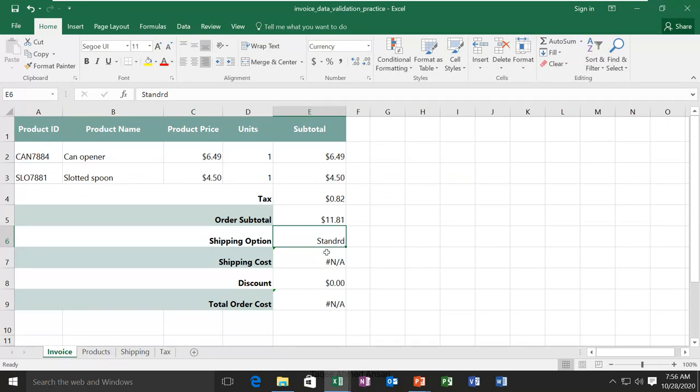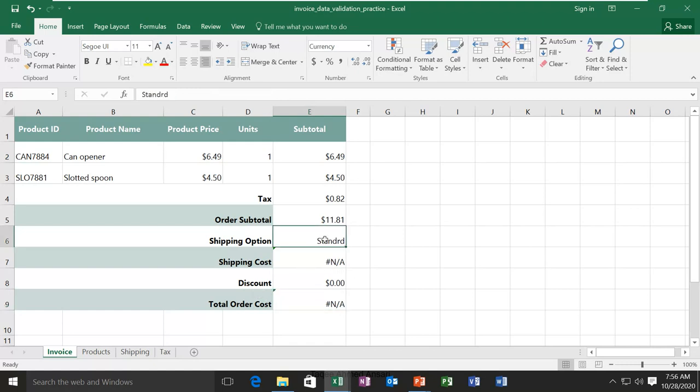Here, if you see in the sheet, we have some shipping orders, shipping options. Now, these other cells depend on this value here. That means when I give the correct value here, these functions or formulas which I used here will work properly.